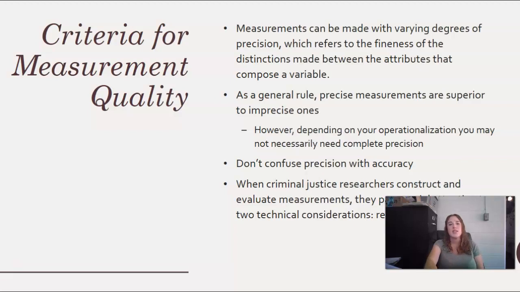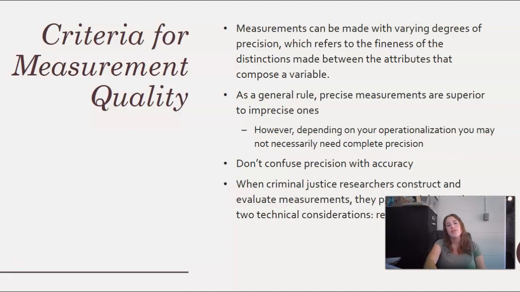Typically it's not necessary to be that precise when we're talking about age. It's usually okay to lump people together, and you can do wider groups or smaller groups depending on what you're looking at. That's typically all that's necessary. It doesn't make sense to go any farther than that. A lot of times people confuse precision with accuracy, but sometimes being less precise is actually more realistic to what we see in the real world. So that's something to keep in mind when you're creating your categories and deciding how you're going to categorize answers.